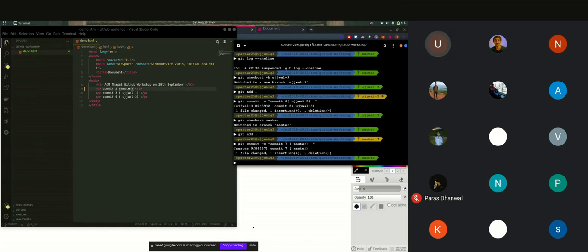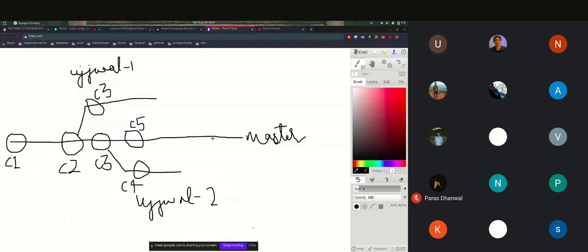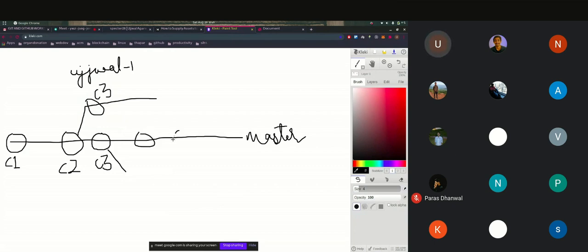Okay, now let's just talk about this particular branch. So our code was at C5 presently.